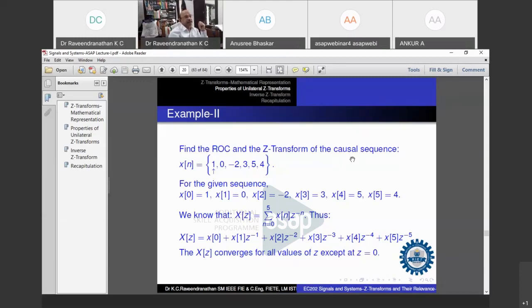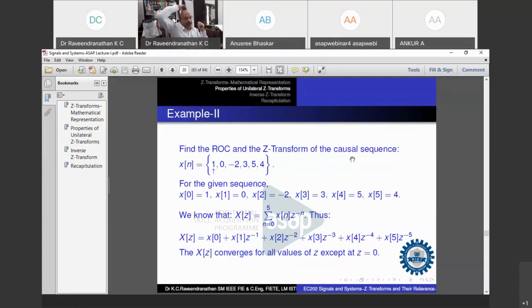Only thing is, for some of the values of n, this transform does not converge, it doesn't have a region of convergence. In such cases, Z transform is said to be non-existent. That's the only thing. So one major application is obtaining system responses for linear time invariant discrete time systems. You can use the transforms very conveniently.